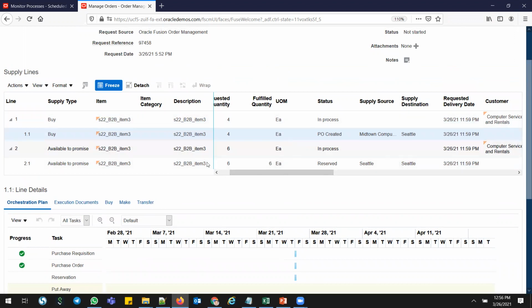So this is the beauty of this cloud functionality. This functionality does not exist in EBS for the back-to-back process. EBS back-to-back will never satisfy most of the business processes. Whenever they get an order, if the business wants to procure, or transfer, or manufacture, then only that scenario will work. But there are some businesses like distribution centers, they don't want to maintain the inventory also. Whatever stock they have, the stock should be shipped first. And then the remaining demand should be bought from the suppliers.